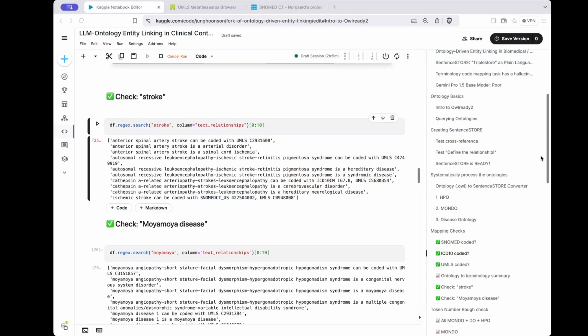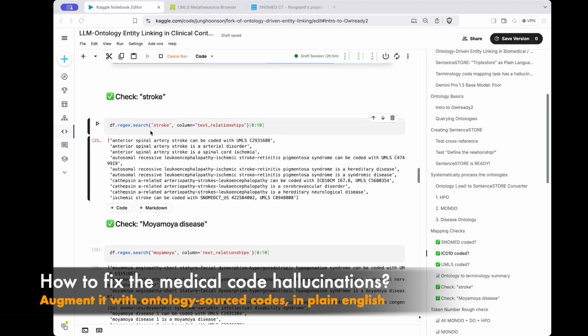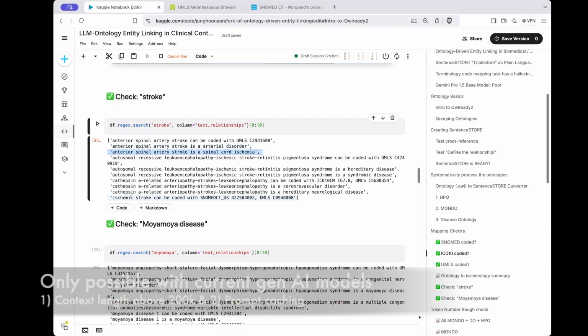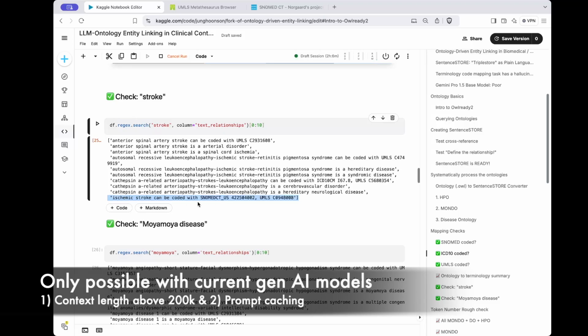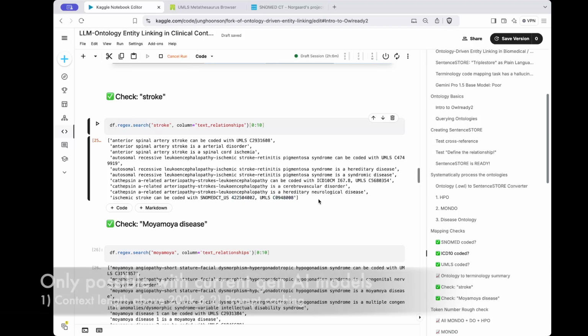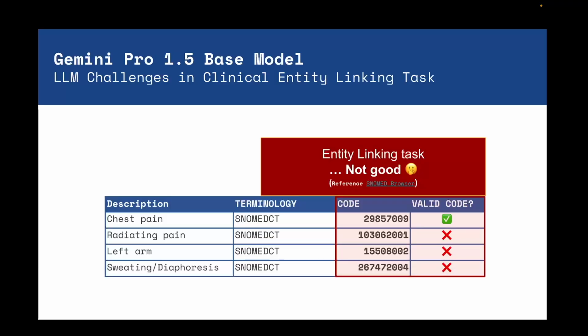So what I ended up doing was to write everything out as a sentence. If you look at the second portion, "anterior spinal artery stroke is an arterial disorder," and also references to other terminology. So ischemic stroke can be coded with this SNOMED code and this UMLS code. So after we transcribe everything into plain language,